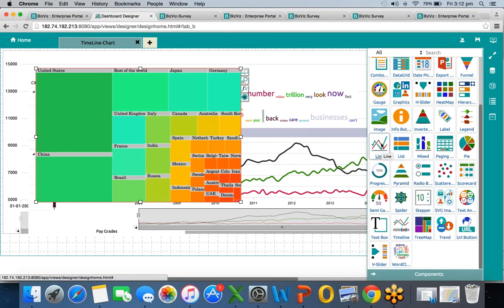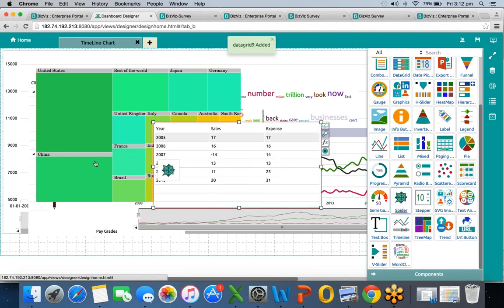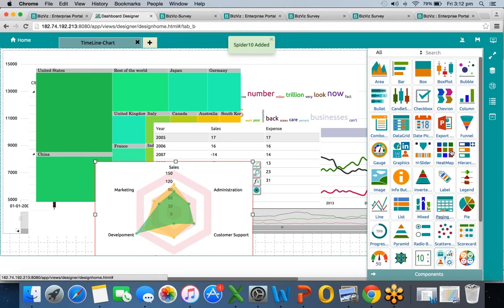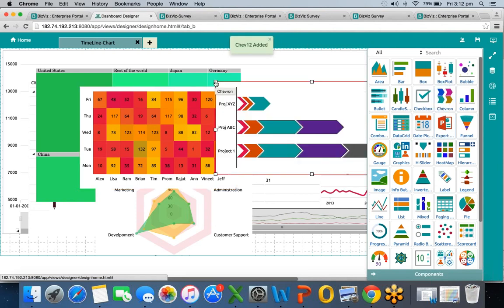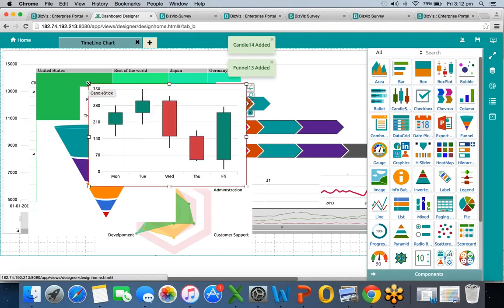Then coming on to data grids, then spider chart and heat map. Then we have some unique ones in terms of chevron, funneling and candlestick. So all these things together make one of the most interesting